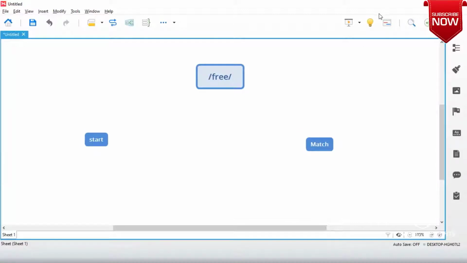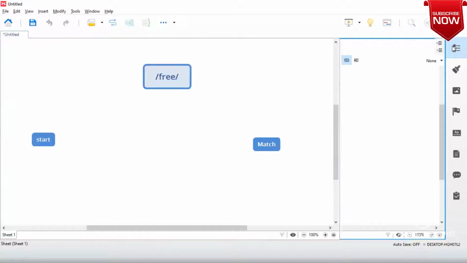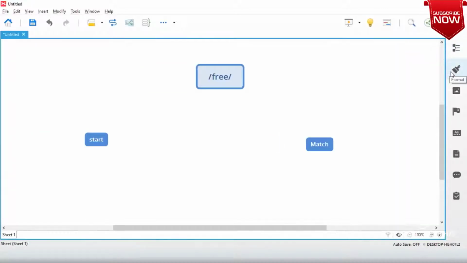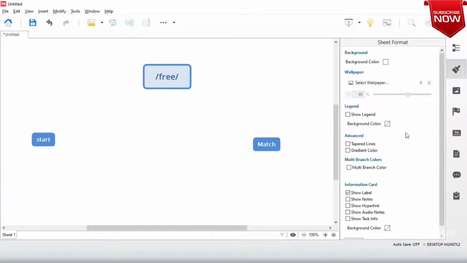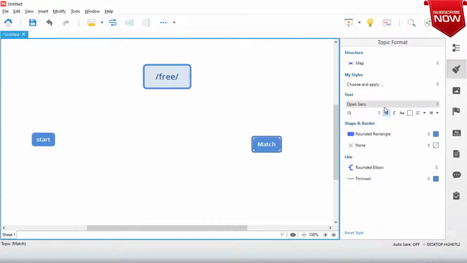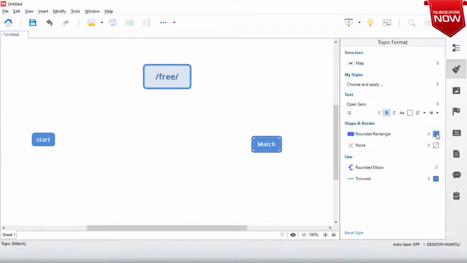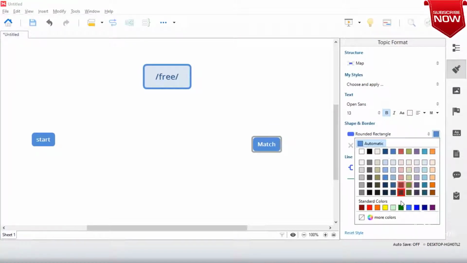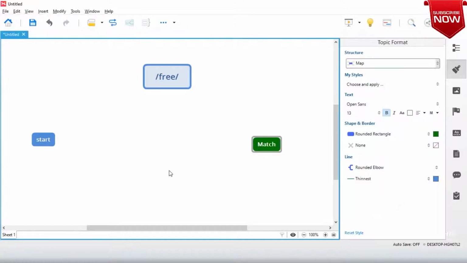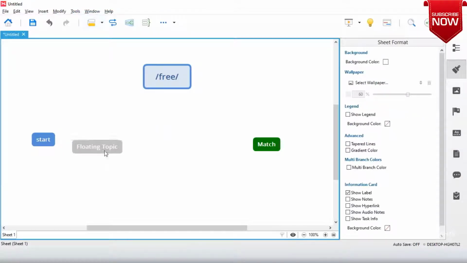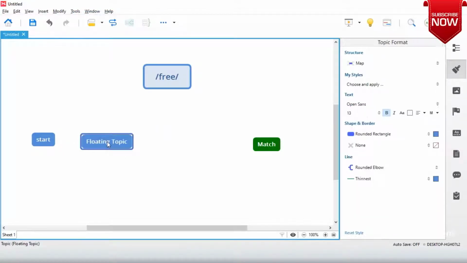I'll change some styles just so that they look good. When it comes to match, I want the background color to be green to represent some kind of success.